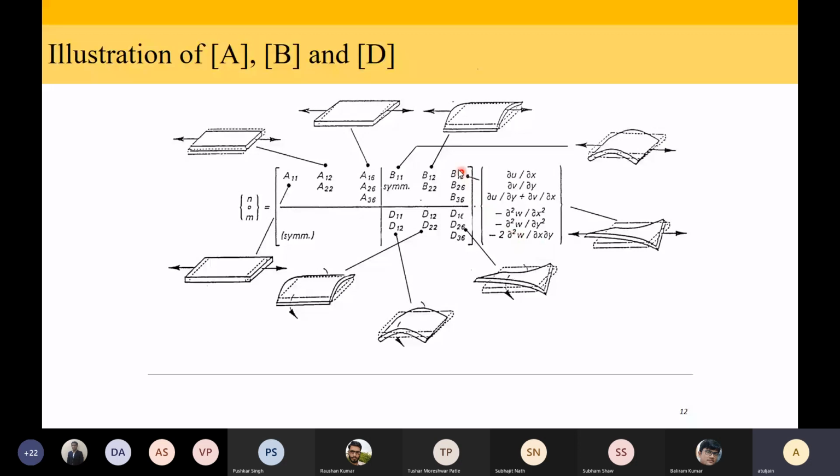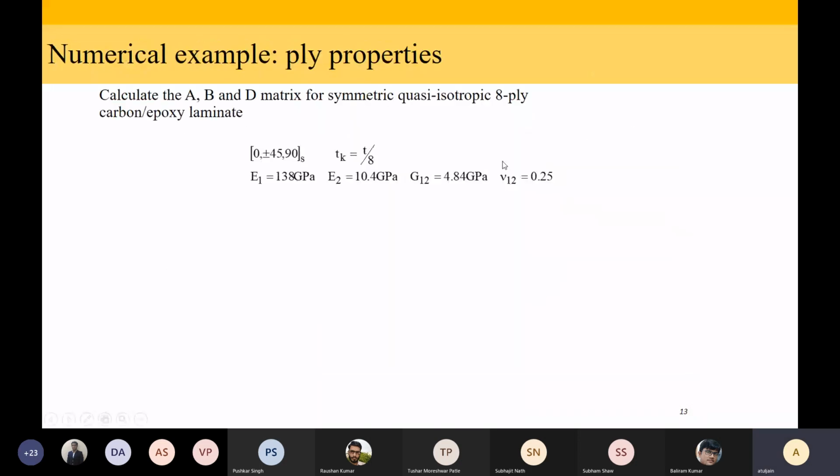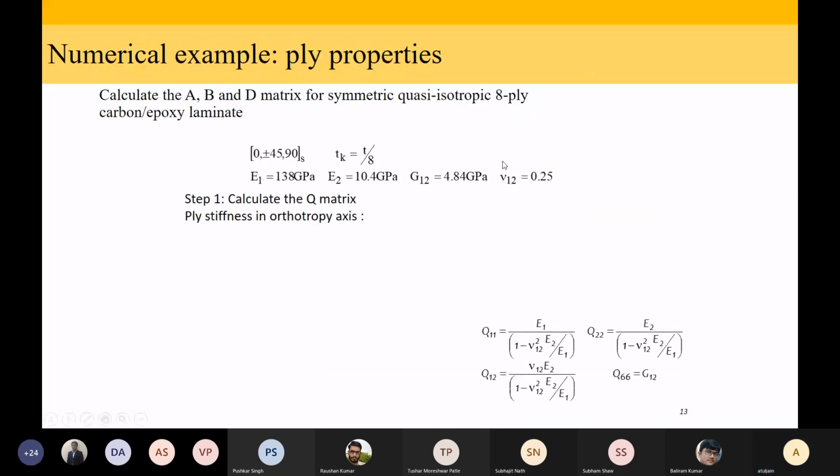If this matrix is 0, it means there is no relationship between B11 and this term. It contributes to the N1. So N1, N2, N3 have no contribution from the curvature terms. Similarly, M1, M2, M3 have no contribution from the normal strain terms for a symmetric laminate.